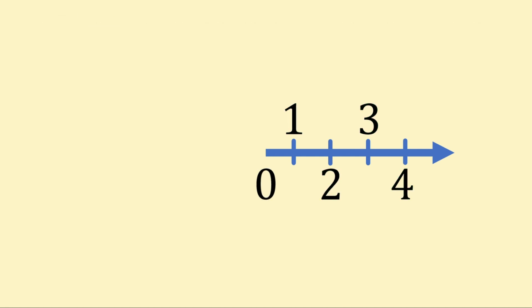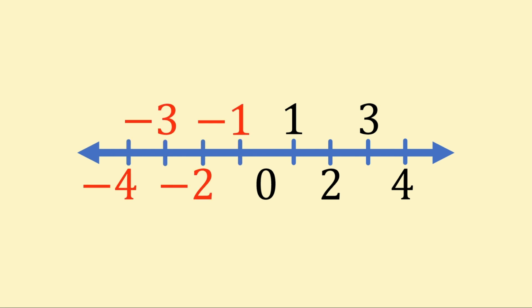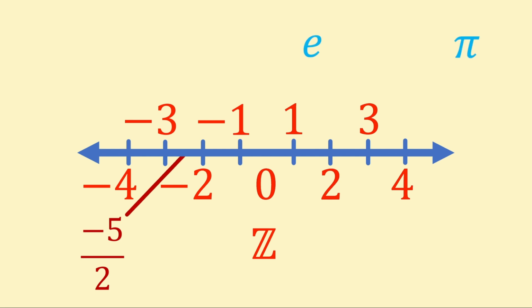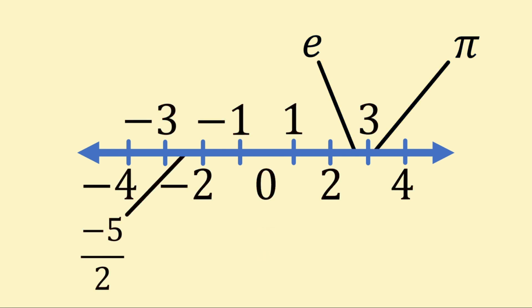If we extend the number line backwards, we can add the negative whole numbers too. All these form our integers, double struck Z. Inside this number line, we can also find our rational numbers, fractions, such as -5/2, and irrational numbers, numbers which cannot be expressed as fractions, such as e and pi. Altogether, these numbers are the real numbers, double struck R, so we can label this line Re, like so.